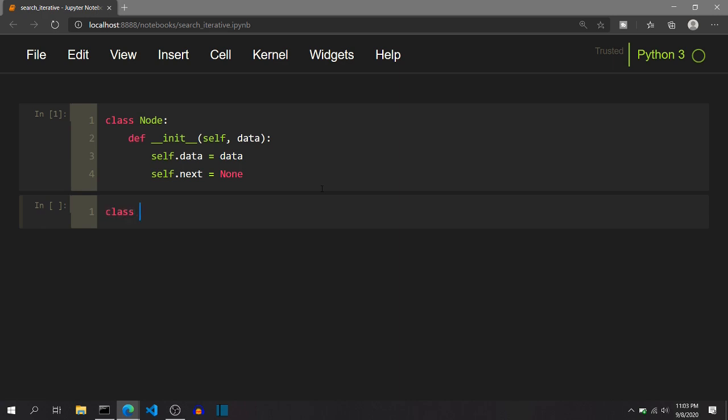So I will again create a class and name it as LinkedList. And inside this, I will again define the constructor by defining the __init__ function. As in the previous videos, we have already covered how to insert nodes in the linked list. I will put that logic to insert nodes in the linked list inside the constructor itself. So apart from the self parameter, I will have an array of elements. If you are not sure how to insert nodes in the linked list, you can definitely check out the videos that I have linked in the i-card above and in the description below.